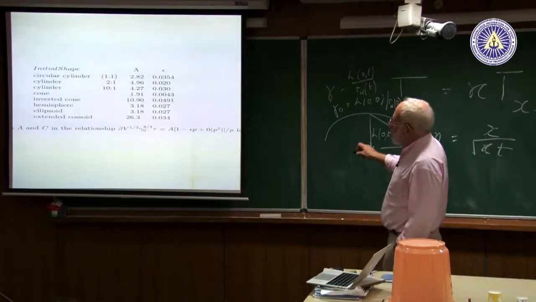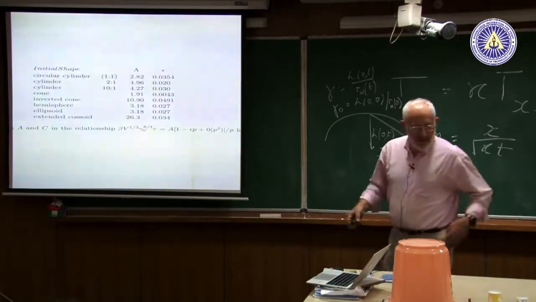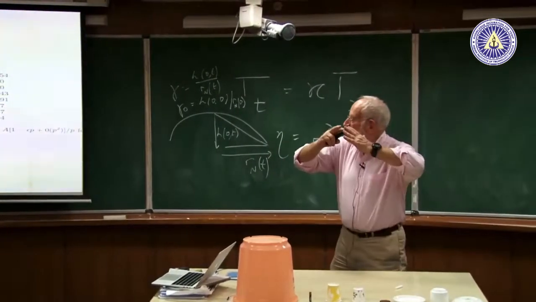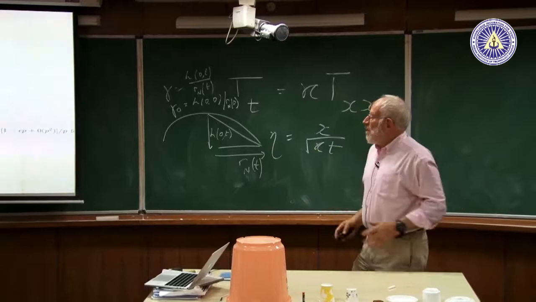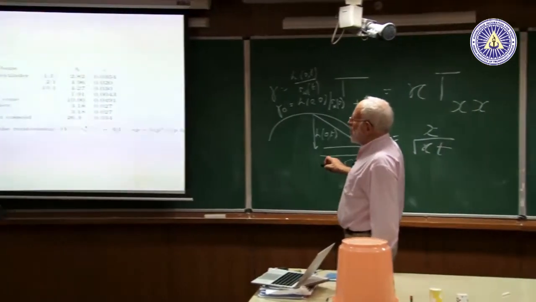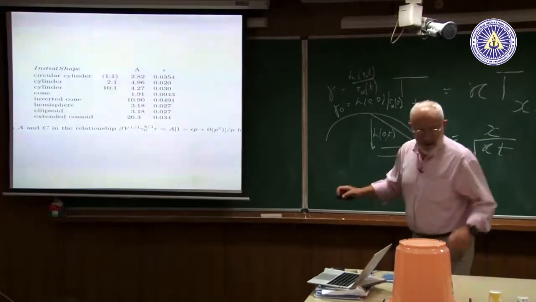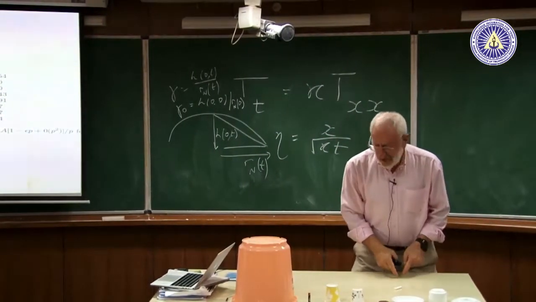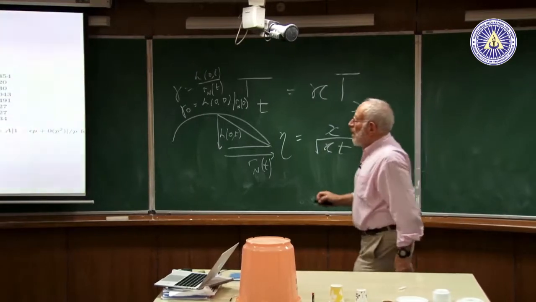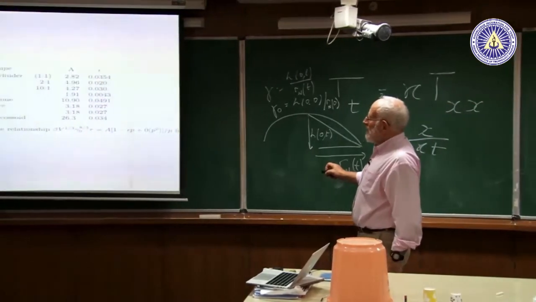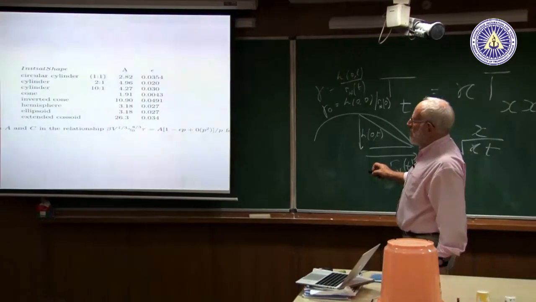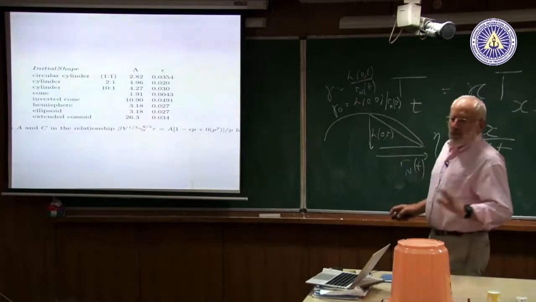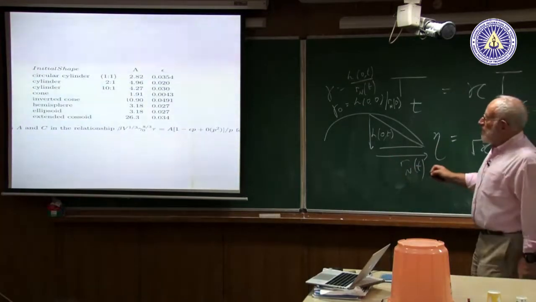Here's a cone, which is the smallest one on this list, and it looks like this, so it's spread out and it can go fairly rapidly. That's the smallest A. An inverted cone does the exact opposite. It looks like this, and it's 0 at the base, and that doesn't want to move much, and so that has a much larger value of A. All of them have small values of epsilon. Why that is, I don't know, but it is interesting.